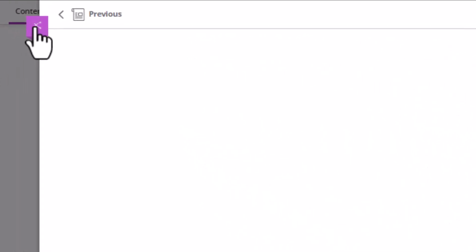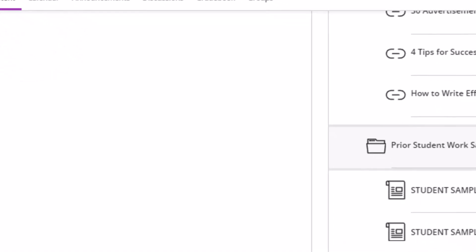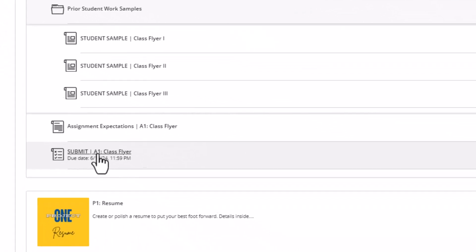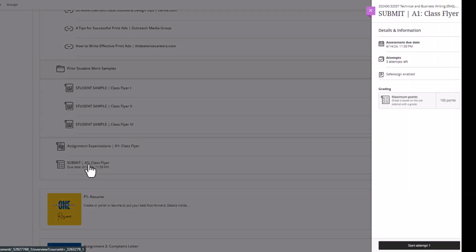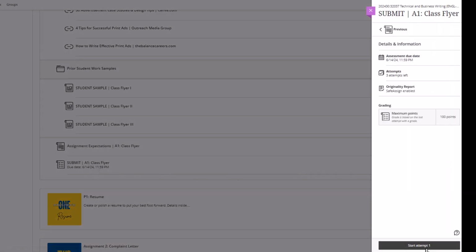Finally, when you've completed everything and you're ready to turn it in, you'll come here to where it says Submit A1 Class Flyer. Click in, and it will tell you that you can start the attempt and submit your work here. This assignment will be due by 11:59 p.m. on its due date,